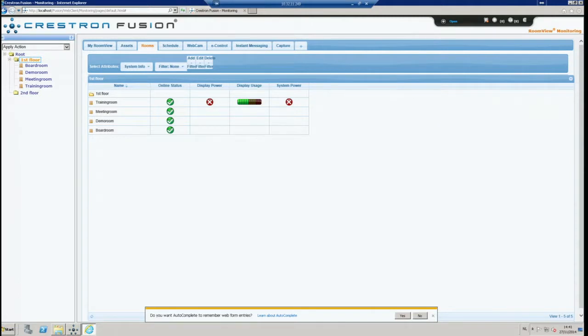Hi, and welcome to this tutorial on how to send emails from the Fusion system. Fusion is able to send out emails to persons on several different occasions. Fusion can send out emails on certain attributes when specific values from inside a room get to a certain threshold,